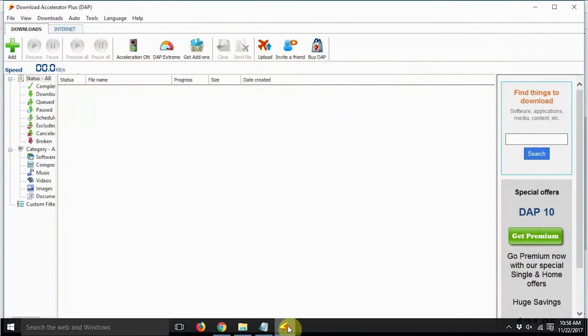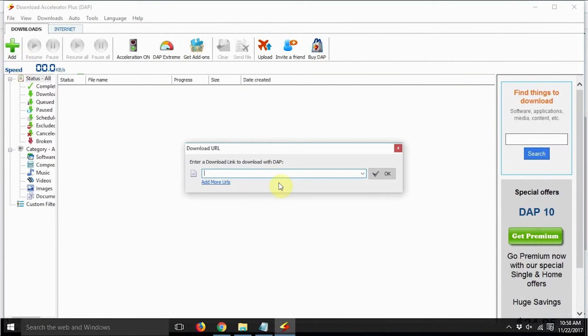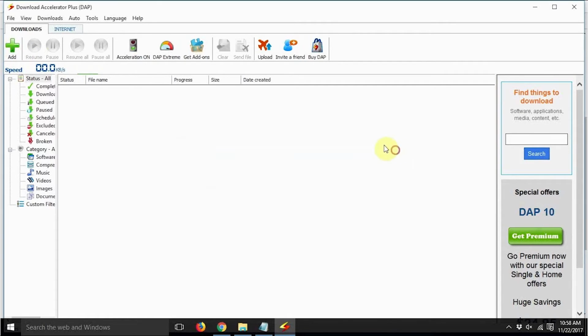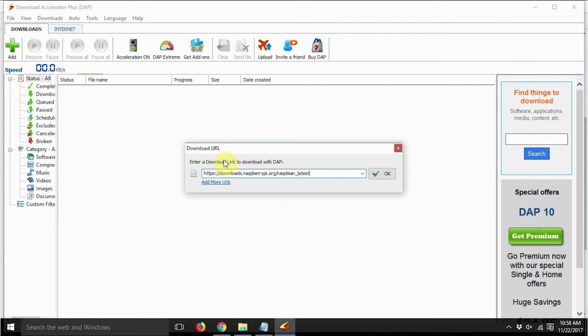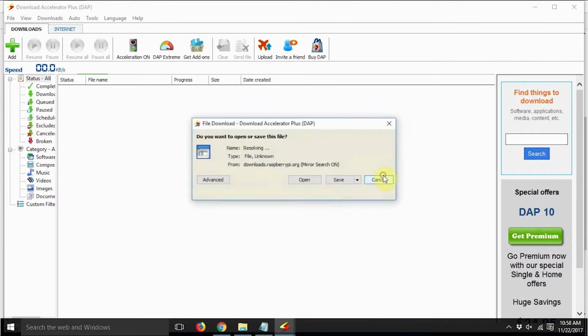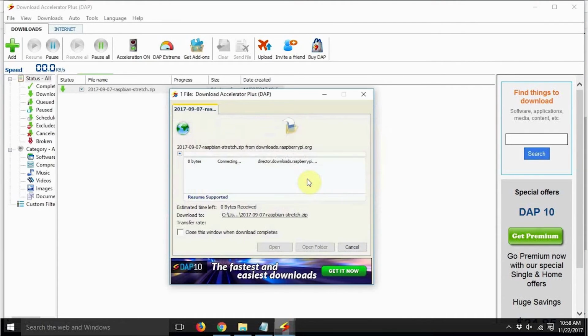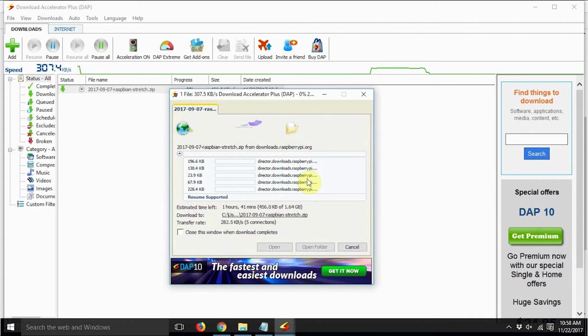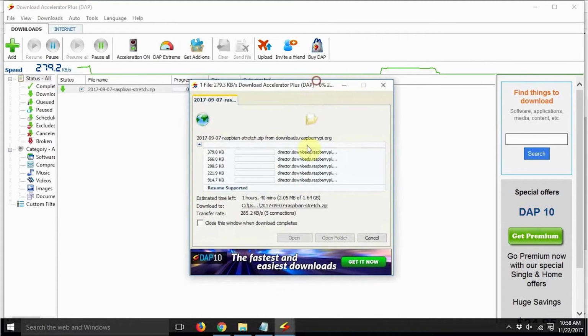So go ahead and add this link to the list of URLs from where the download is to be done in Download Accelerator Plus. Here is the add icon, and then just go ahead and, let me show it to you once again, paste it here like this. Go ahead and click OK and click open here. This is going to start the download. Now accidentally if your browser gets restarted, this is not browser based, so you really don't have to worry about it. Also, even if your internet gets disconnected in between or your computer gets rebooted, this is still going to continue the download once the computer reboots or once the internet connectivity is restored.